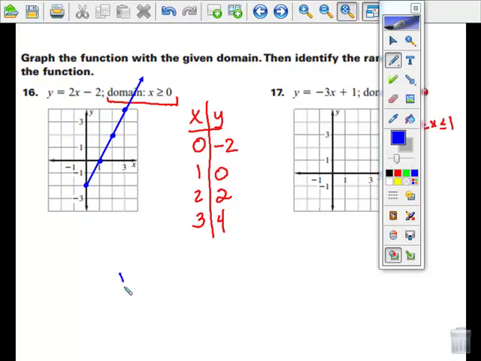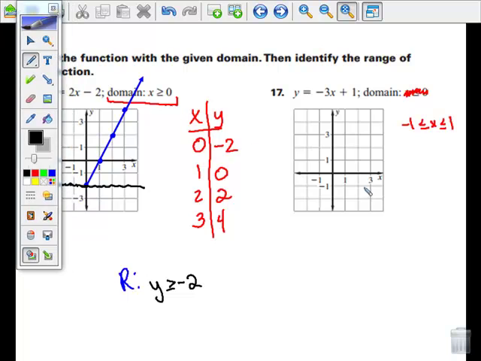Now it's asking me about my range. My range are the y values, and the y values are going no lower than right here at -2, and they will keep going on into infinity. So I can say that y is greater than or equal to -2, and that covers it. Let's try another one